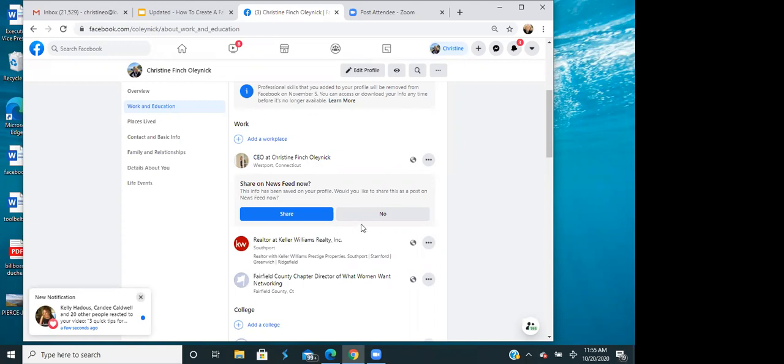And if you want to put in that field where it says your position something like, search all homes in Connecticut, if you had that kind of link, it would say it there, search all homes in Connecticut, and then whatever the name of your page is, that's how it shows up. So you don't have to just put realtor or CEO or a position. You can actually make it so that it kind of draws people's attention, make it clickable.